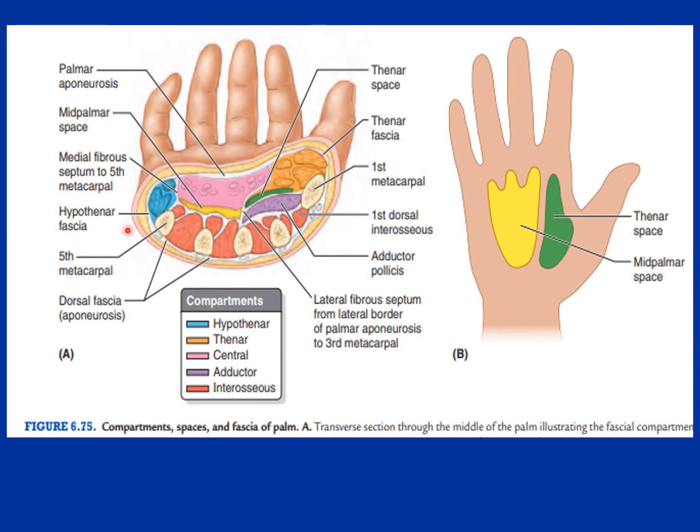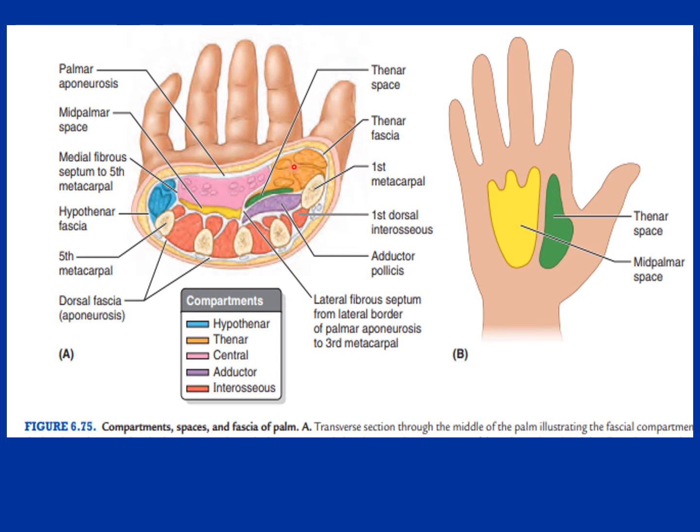If we take a transverse section of the palm, what will we see? This is the palmar aspect, so this is the palmar skin, and below is the palmar aponeurosis. Below the palmar aponeurosis, as we have talked about, this is the hypothenar fascia and hypothenar muscles. This is the thenar fascia and thenar muscles. These are the metacarpal bones, because we have taken the section at the level of the metacarpal bones: first, second, third, fourth and fifth metacarpal. In between them you can see the interossei. These are the interossei muscles. Then you can see the dorsal expansion or dorsal fascia on the dorsal side and then the dorsal skin.